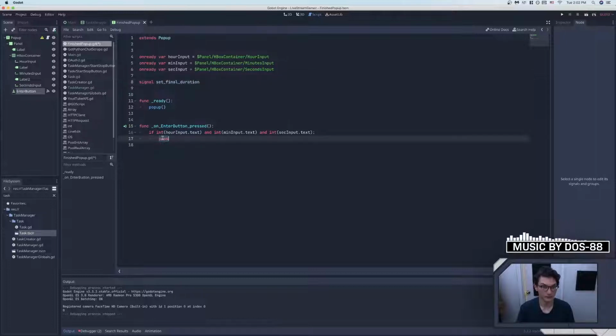Okay, and then here we'll say emit signal, set final duration, and then I do want to actually add some parameters here, of course, and we want this to be, I guess we'll just make a